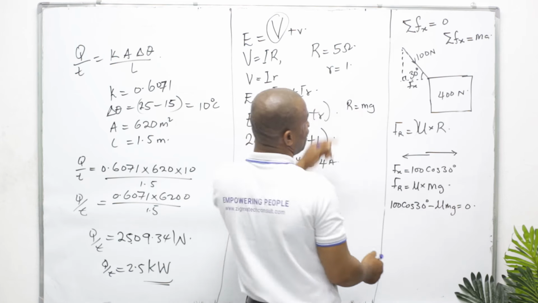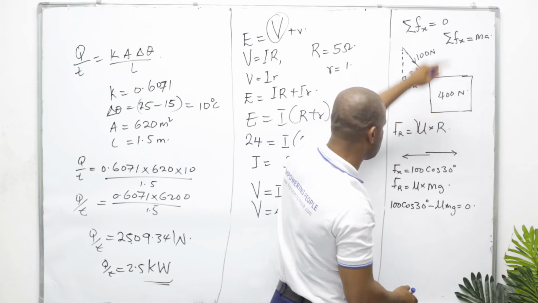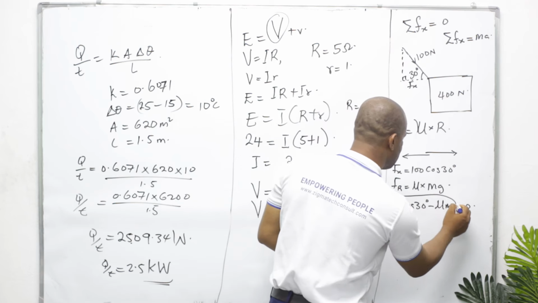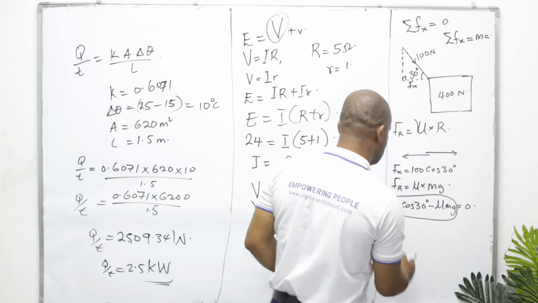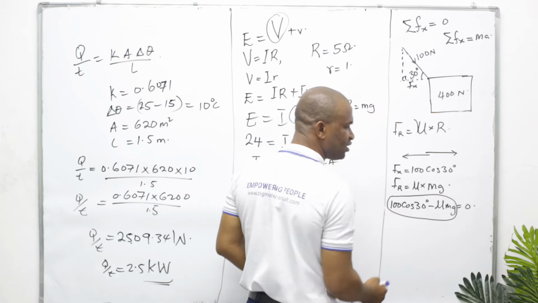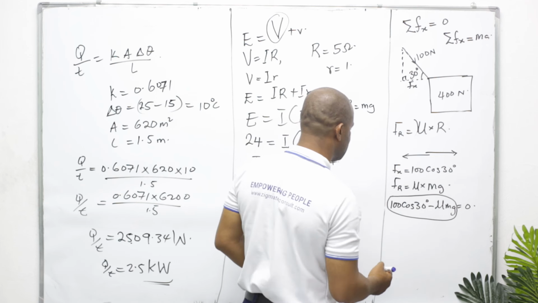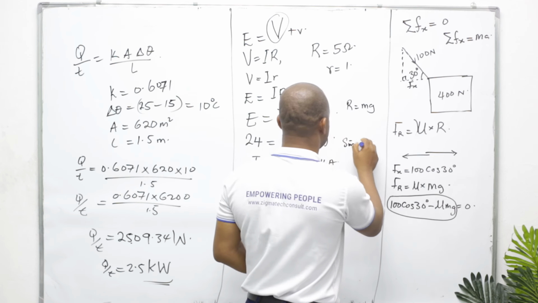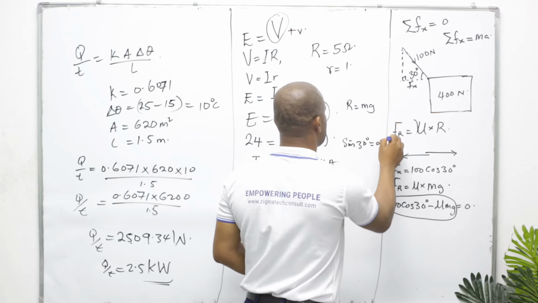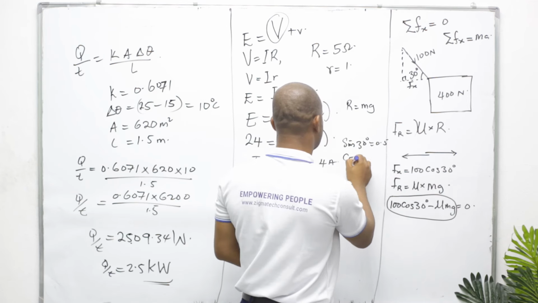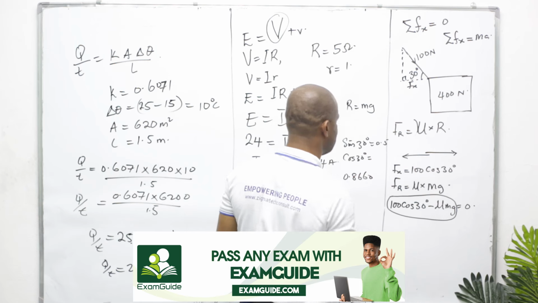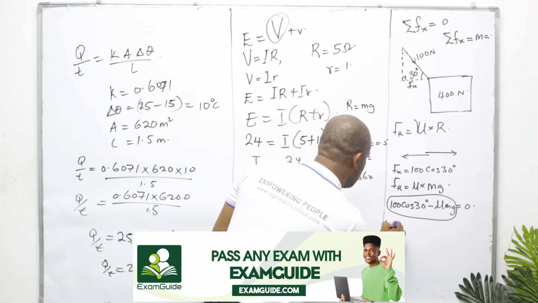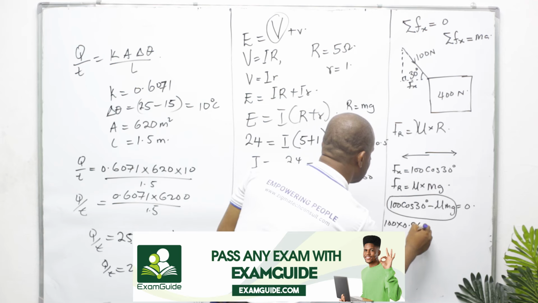Now, this is what I'm saying. That is what I told you. Fx is equal to 0. So this is the net force on the horizontal component, and they must be equal to 0. So 100 cos 30. What is cos 30? Sin 30 is 0.5. So cos 30 is going to be 0.8660. So this is going to be 100 times 0.8660